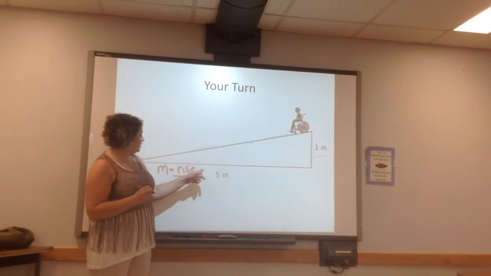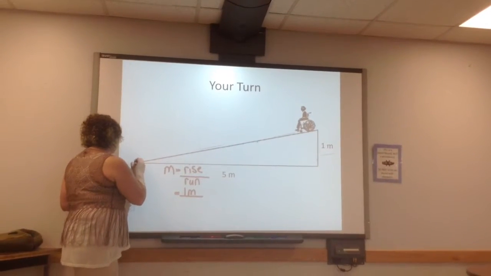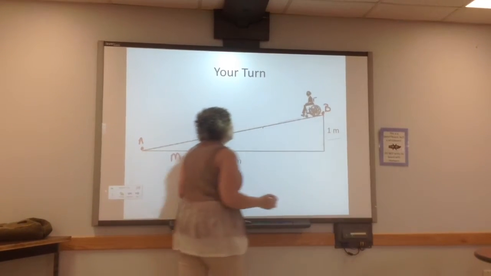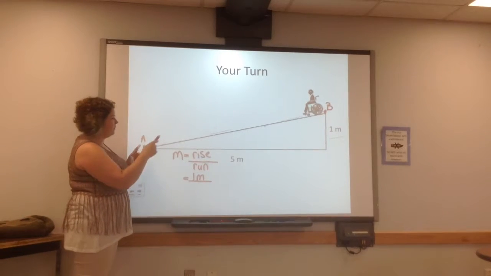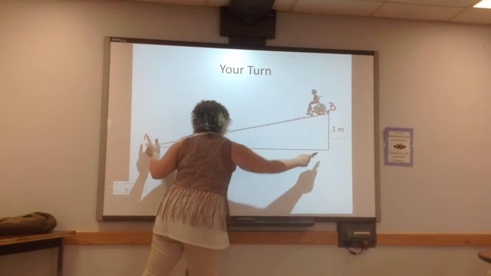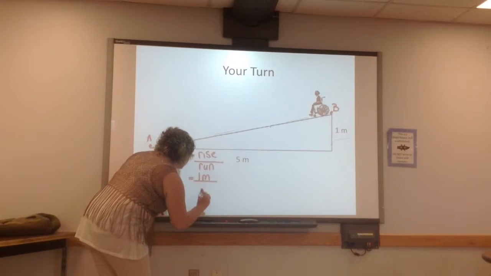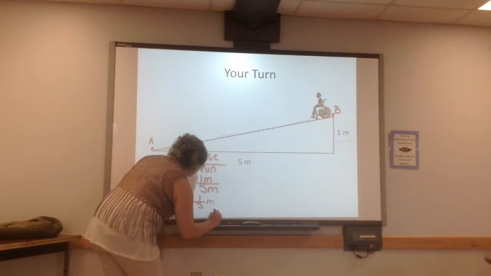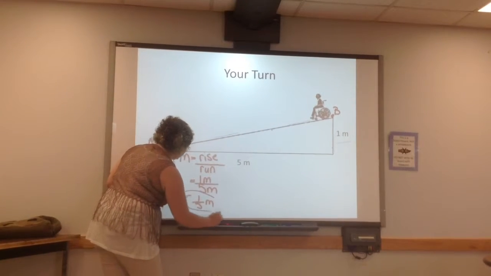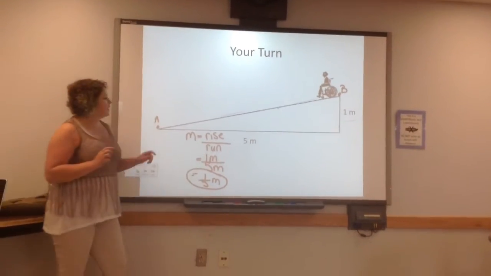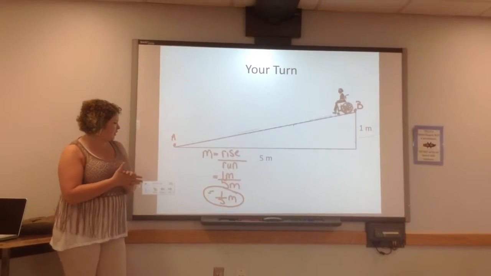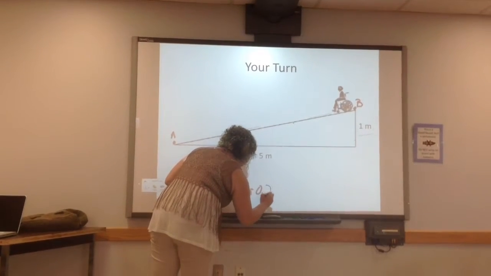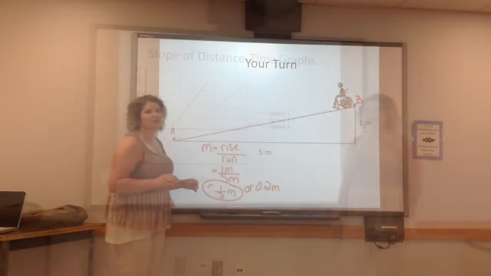And here, if we chose this point here, and we went here, to get from A to B, we would have to run over this much, right? So that would be 5. All right. So our slope then is 1/5. So the slope of this ramp is 1/5, or if we converted this to a decimal, it'd be 0.2 meters. Special case,